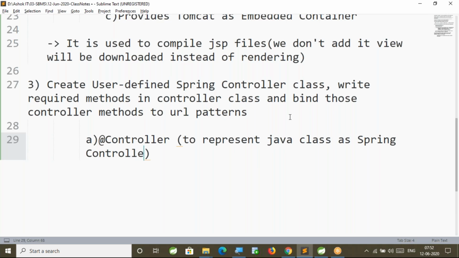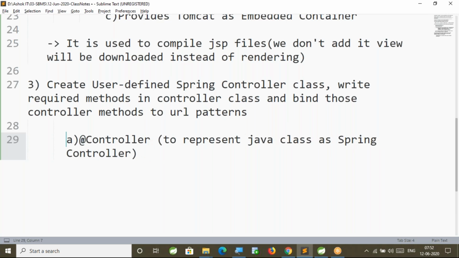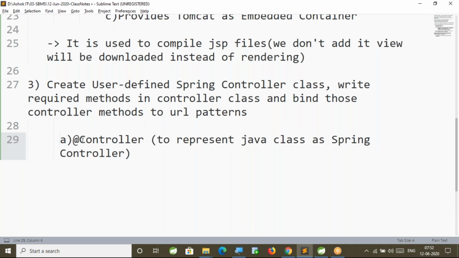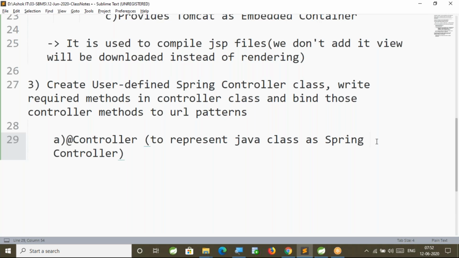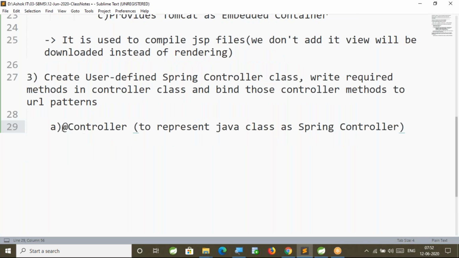To represent one Java class as a Spring controller, we are using one annotation called @Controller. The @Controller annotation is a stereotype annotation which is used to represent our Java class as a Spring controller.